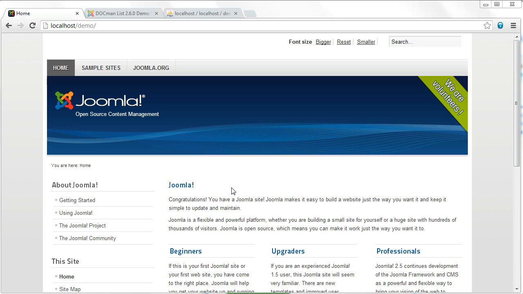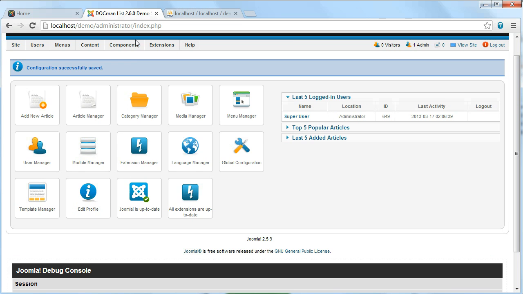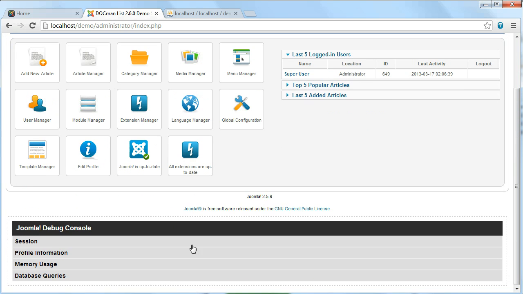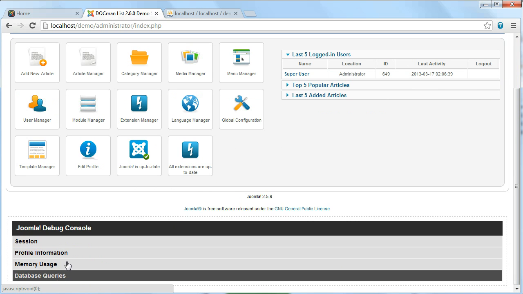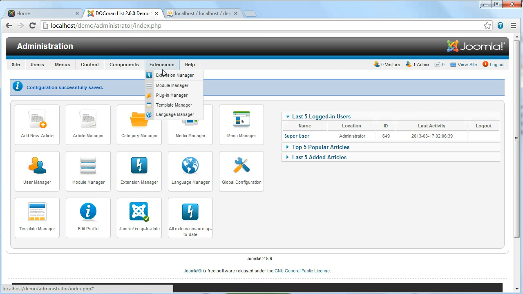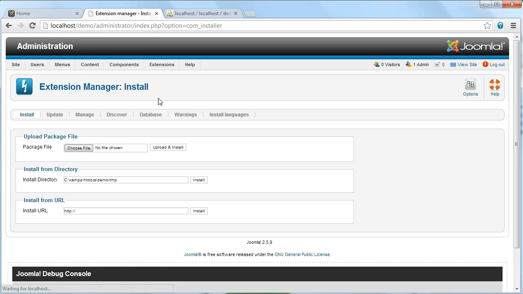So what I have here on the screen is a bare bones Joomla 2.5 installation on my site, and on the second tab here, I'm already logged in to the Joomla administrator, and I've gone ahead and enabled debugging, and I'm going to go ahead and start the process of installing